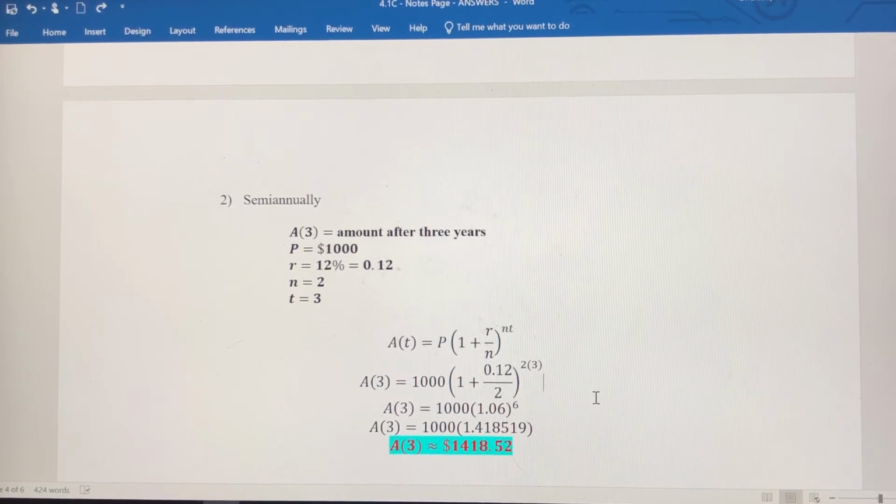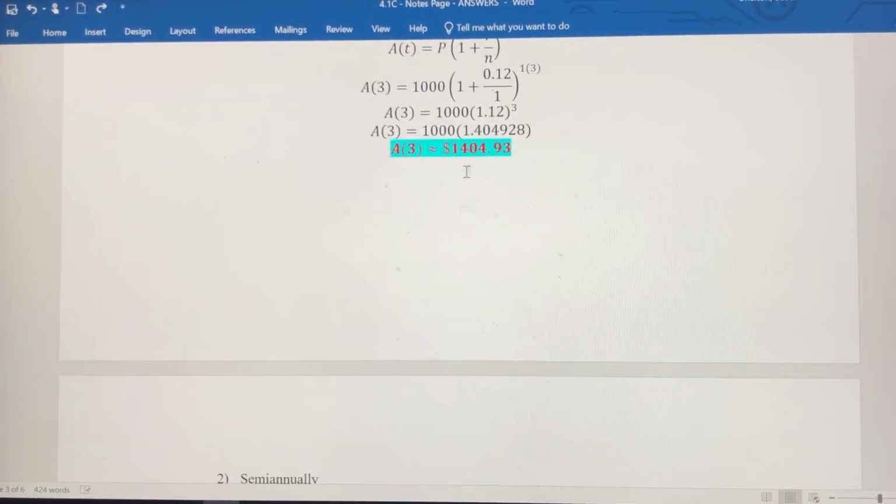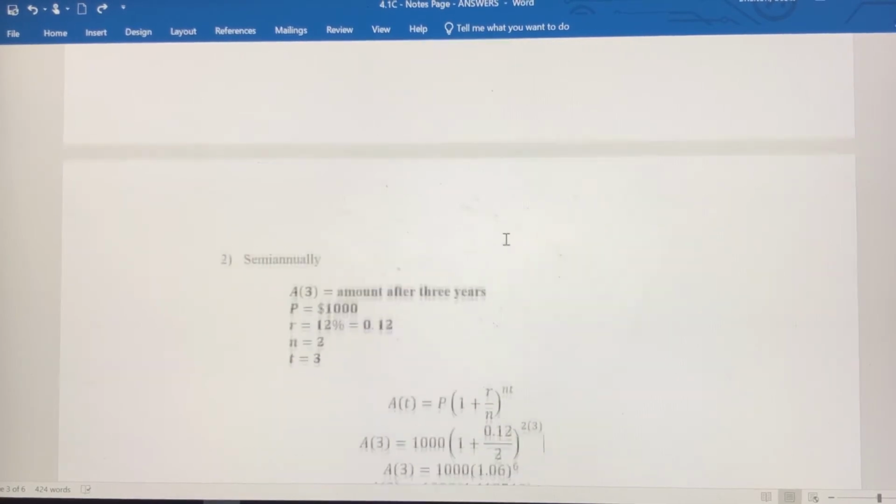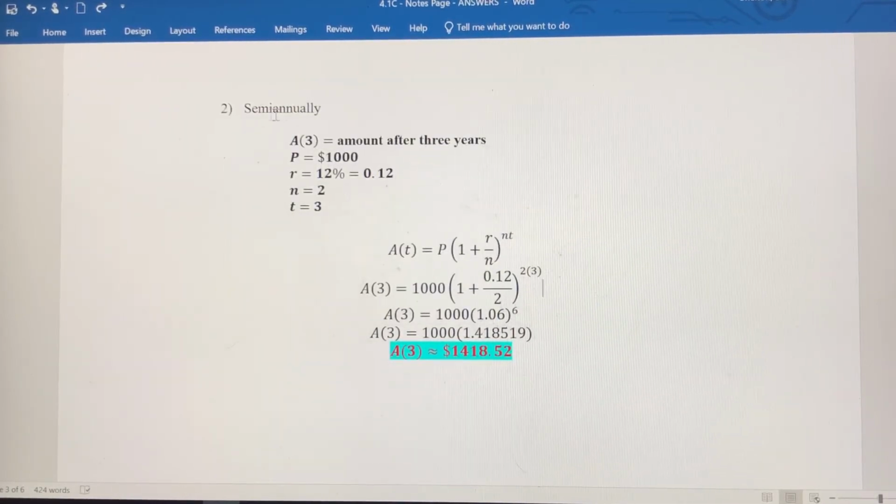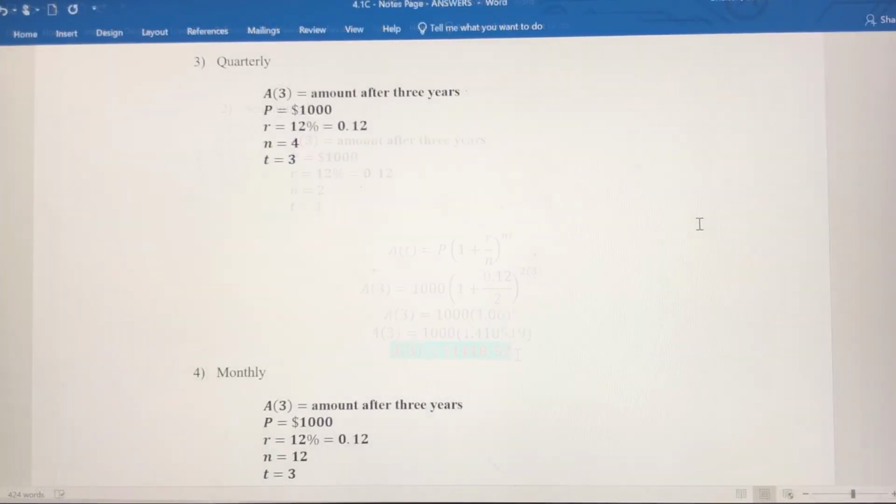So if you remember, if we compounded annually, we earned this much money over 3 years, $404 and change. If we compound semi-annually, we actually make a little more money. So after 3 years, I would have $1,418.52. Okay, so pause the video right here and try to do the compound interest if we're doing that